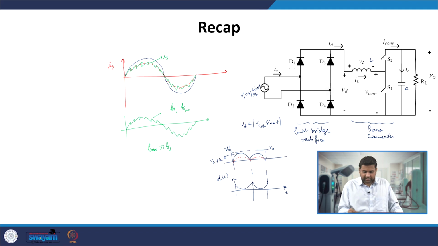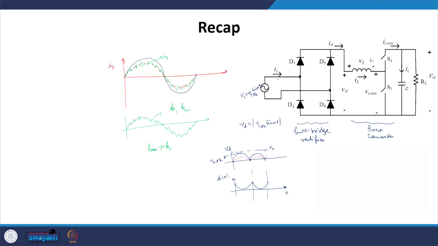This is what we have discussed, and then we have also seen the dual closed loop control, where the control objectives were to maintain the output voltage at its desired value, obviously greater than the maximum input voltage, that is, greater than Vs peak. Along with that, we make sure the average variation of the current drawn from the source is also sinusoidal with zero phase difference compared to the line voltage, thus making sure we have unity power factor current drawn from the source.